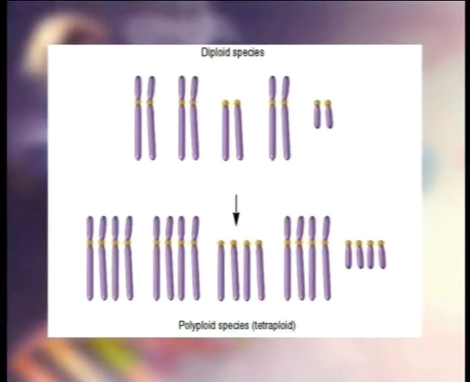As far as autopolyploidy is concerned, all the sets of chromosomes originate in the same species. The condition probably results from a defect in meiosis, which leads to diploid or triploid gametes. If a diploid gamete fuses with a normal haploid gamete, the zygote and the organism that develops from it will be triploid. Dear students, one generalization that has been made is that autopolyploids are larger than their diploid counterparts.